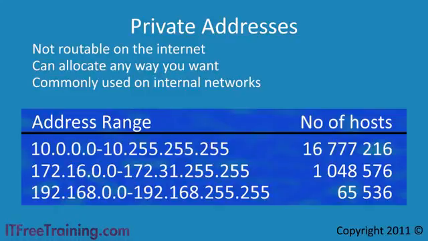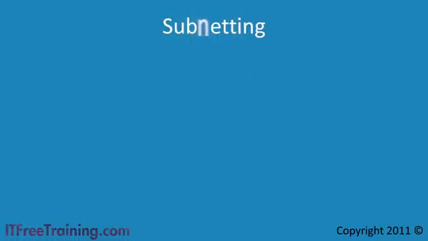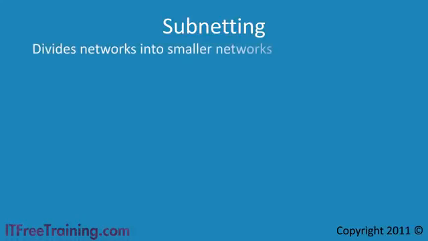So how do you make more efficient use of these IP addresses? To do this, you use a process called subnetting. Subnetting is simply the process of dividing a large network into smaller networks. If I were to take the network 10.0.0.0, I can divide this network into smaller parts by applying a subnet mask. A subnet mask is simply a